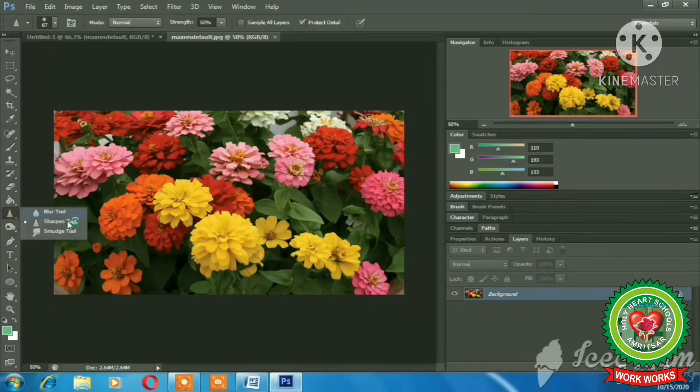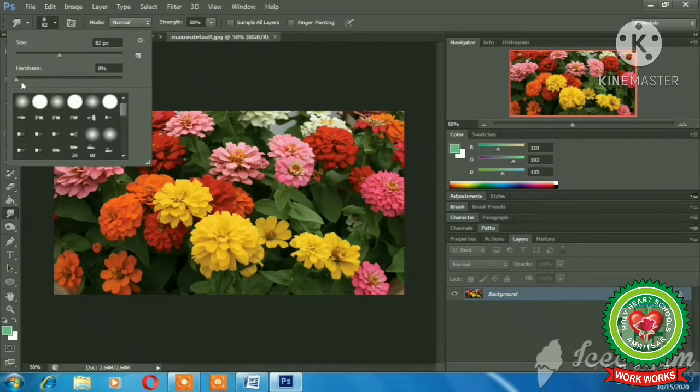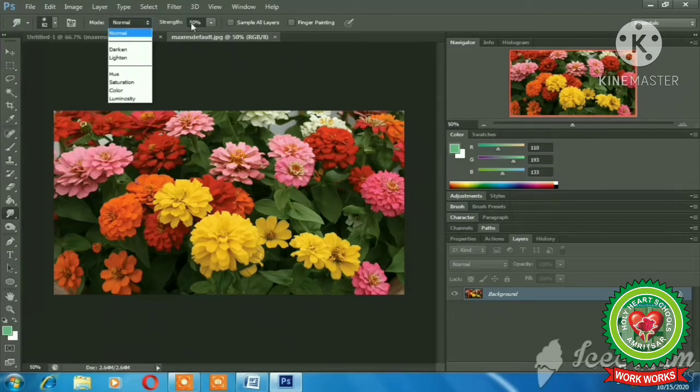Now we will take smudge tool. Students, this is the smudge tool. When I click on the smudge tool, we have different options like the brush size, hardness, mode, strength. As per our requirement, we can do the settings from the option bar.